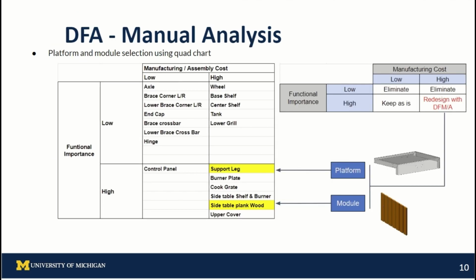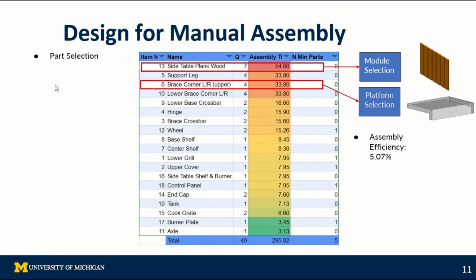And for our manual design for assembly analysis, we use the quad chart, and the high cost and high functional importance components were up for redesign, so we selected a platform and a module from that category. Then if we continue with part selection, we will see that side table, plank wood, and the brace corner upper